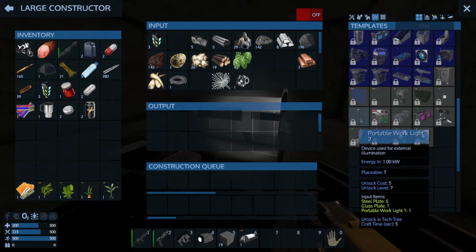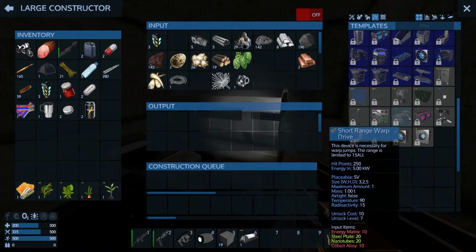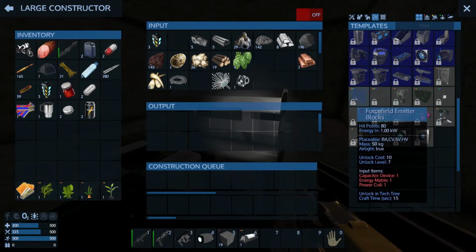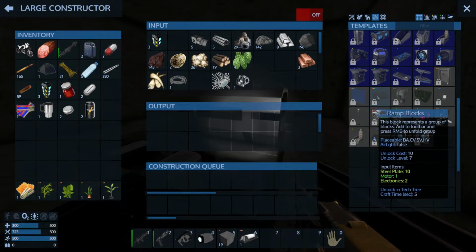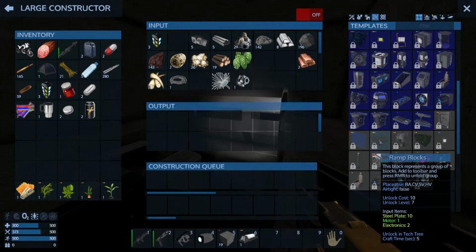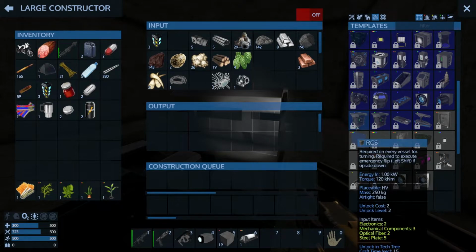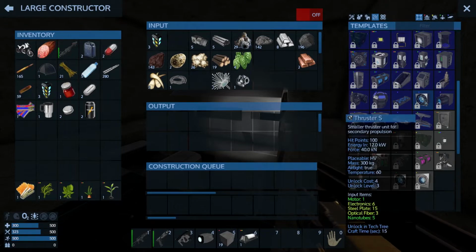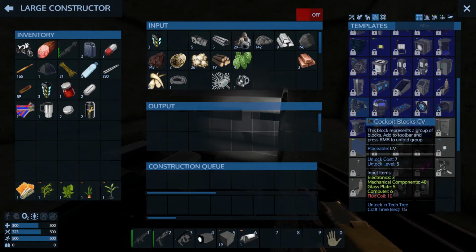Exciting. Thrusters, portable work lights, medic station, short-range battery, large ammo box. Where's battery? Battery. Guess we could have done the ramp block. Those are kind of fun. Extend outwards and all that sort of stuff. They're kind of cool. I don't see a battery anywhere, so...